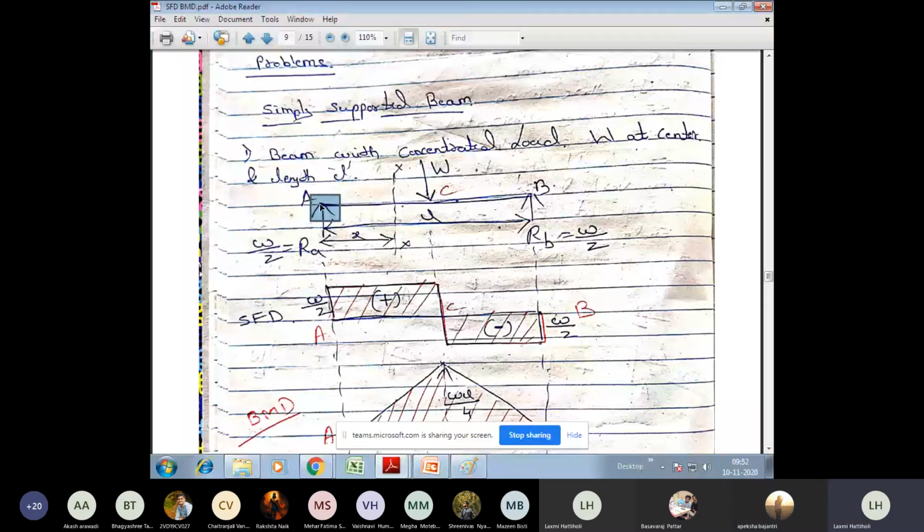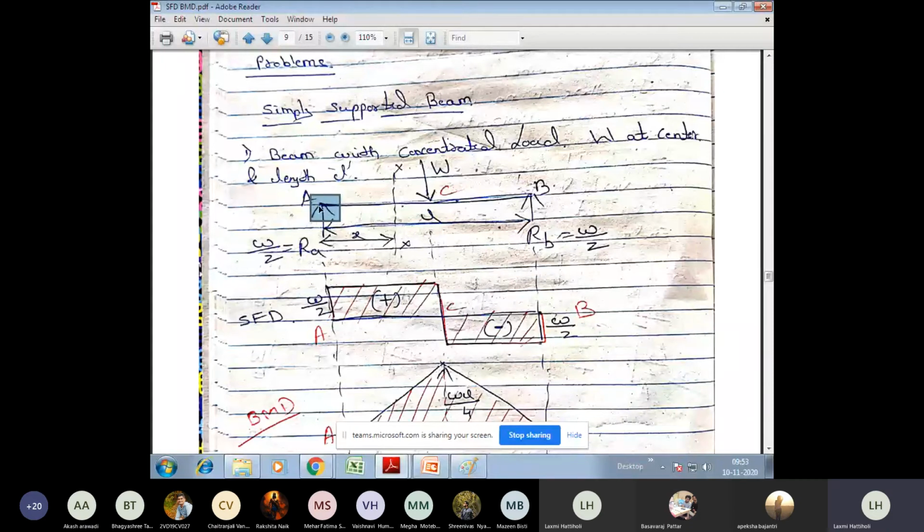M is equal to F into D. F is acting at the point A itself. Do you get any D value here? No, D value is 0 here. So can you tell me what's the moment here? 0, ma'am. 0. Is it not? Moment at point A is 0 because RA is in the line of action of force at the point A.